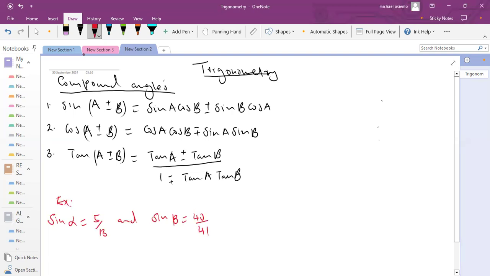Find, without using a calculator or tables,